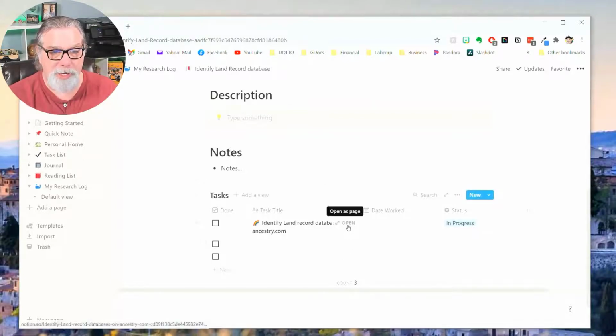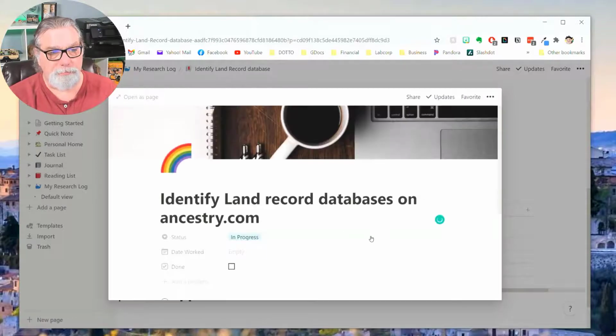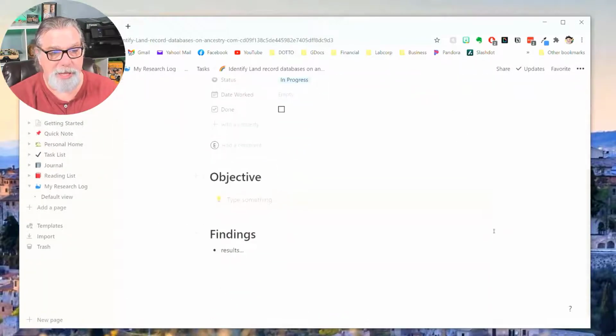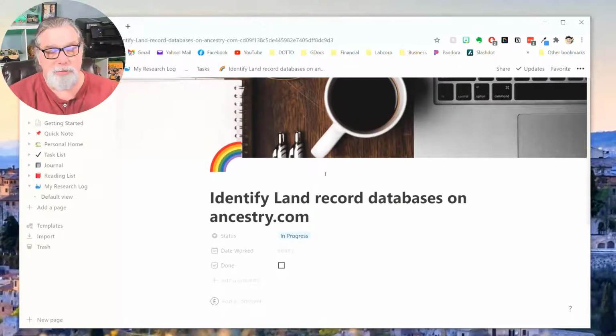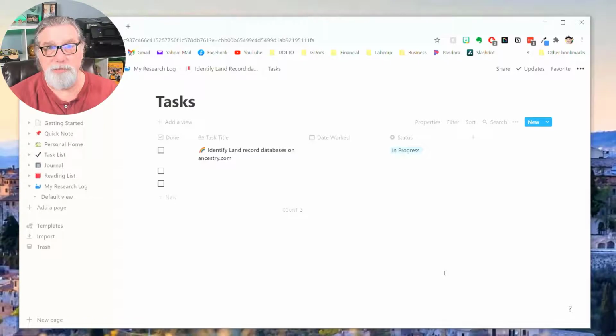And if we drill down into tasks, we find that there's a page for individual tasks. And therein I can have my own objective for the task and a place to put my findings, whether it's in text or a table or whatever I want to do there. But the problem we left off with was if I go back and add another task, we're going to start here,